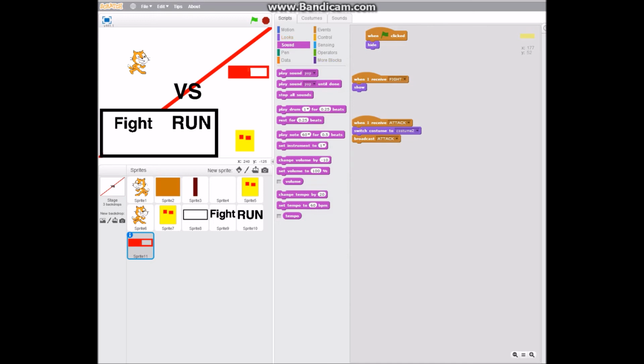Broadcast. So what I like to do is broadcast a new message, half HP. And now it knows this. When I hit him again, I can make it so that when I receive half HP,